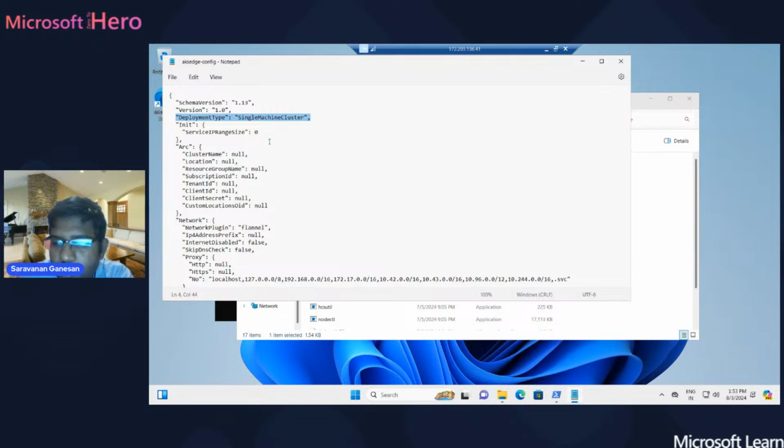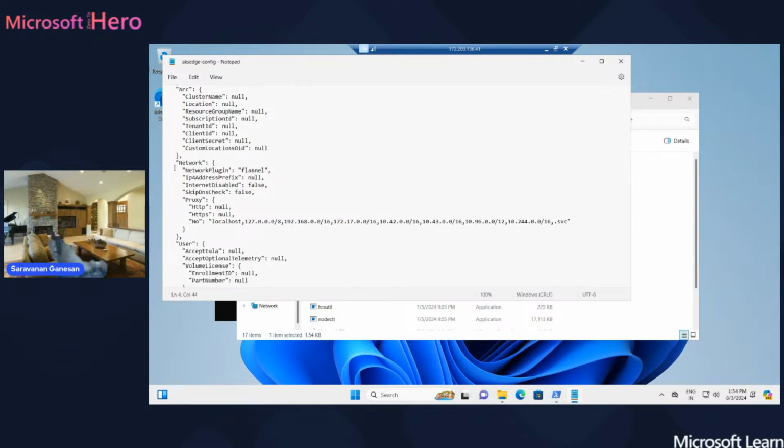And also, we need to state the network plugin. If you are using K3s, this value should be Flannel. But if you're using K8s, we need to change it to Calico. Okay, and then if you see